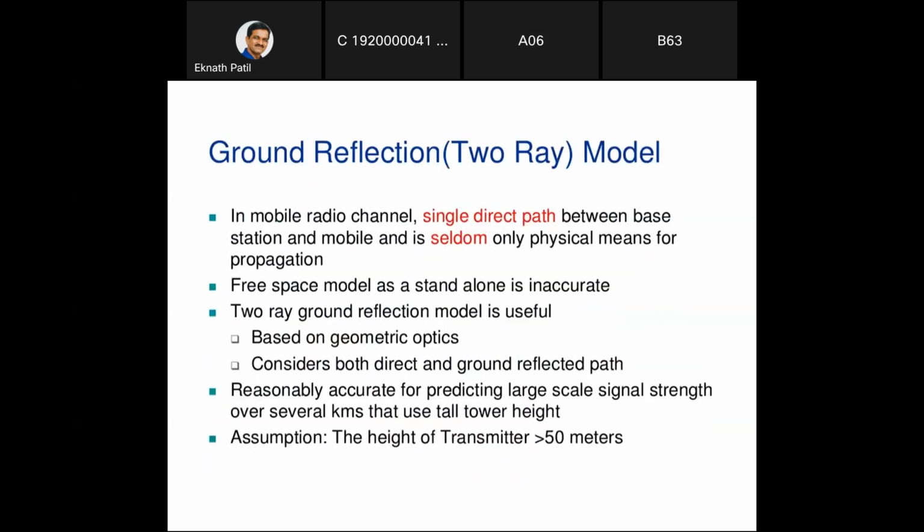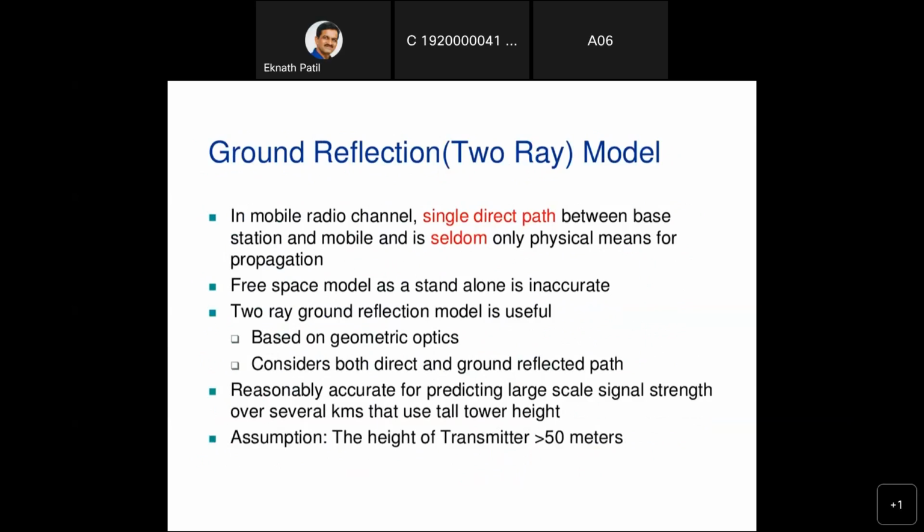And the reflection model, the two-ray model, is similar to what we have learned, I think, in the space wave model. Okay, so this is the similarity between these. Then